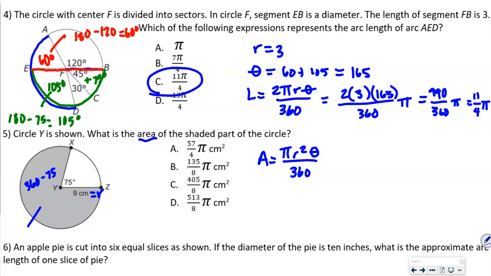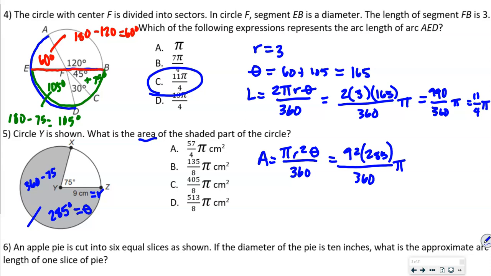To get that. And so this was 285 degrees down here. Okay, so that's going to be our theta. Make sure you're reading the questions. Okay, so again, pi's in all of our answers, so I'm going to save that for the end. So I'm going to do 9 squared times the 285, divide that by 360, and leave our pi on the